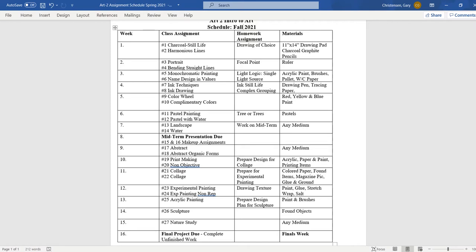Now, the first assignment does say charcoal, and it's great if you get some charcoal at first. I'm not going to require it because we are postponing the meeting and your supplies, if they're coming, for 2 weeks. So we'll pick that up later, possibly have some charcoal pencils to try. Right now, don't worry about it unless you have somewhere you want to go buy the charcoal pencil.